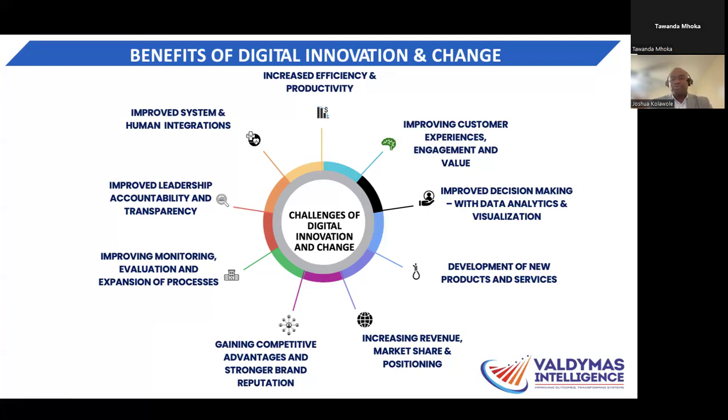Now, improved decision-making with data analytics and visualization. Of course, at the back end, they now have access to various characteristics of students, how they learn, how many hours they spend on the platform, how many times they visit the platform per week, and all those things. All those data are now used to make the platform become better, and then to create systems that will engage the student more. Now they have to input more discussion forums, more project-based learning, collaborative forms of learning, where they have to put students into several groups together so that they can learn together.